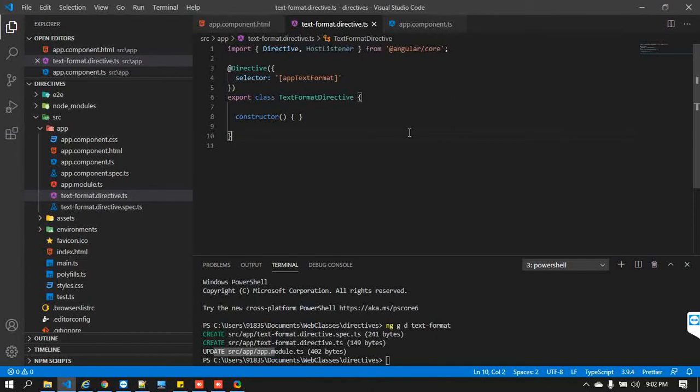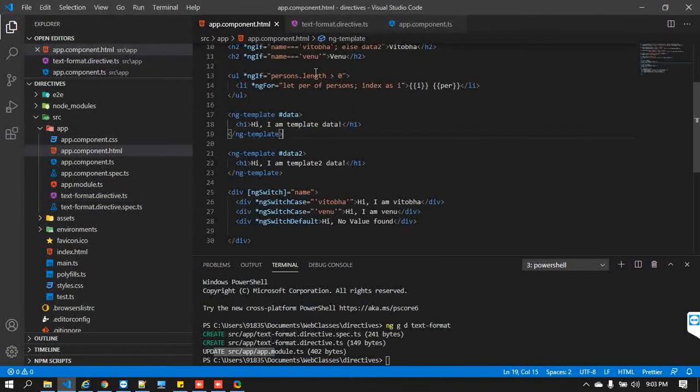There is another event, the input event. Whenever you enter a value, that is nothing but an input event. Now what this HostListener will do is it will always listen to your respective events. That is very important, guys. For example, what I'm trying to do is create, let's say, an onFocus.